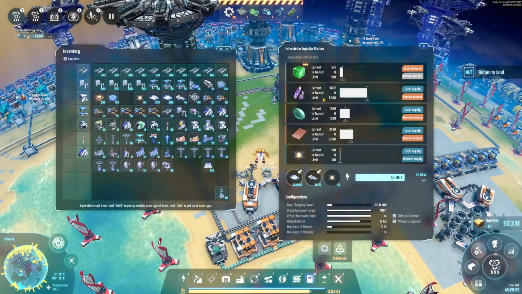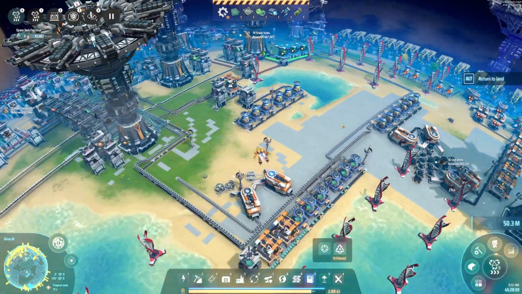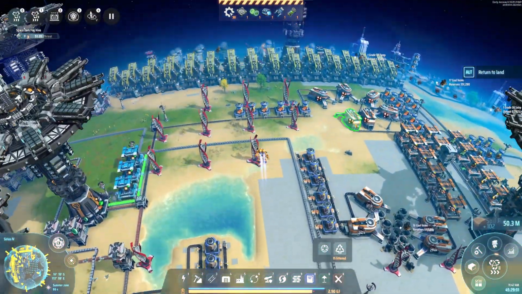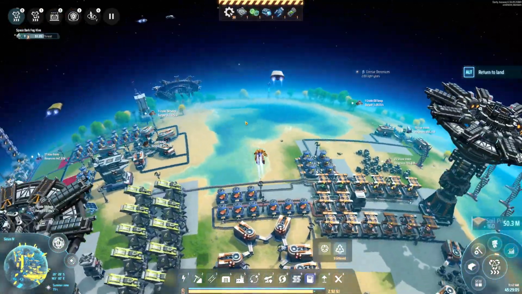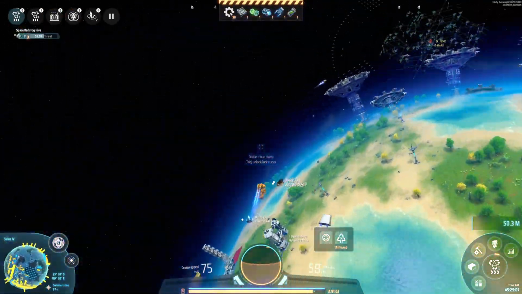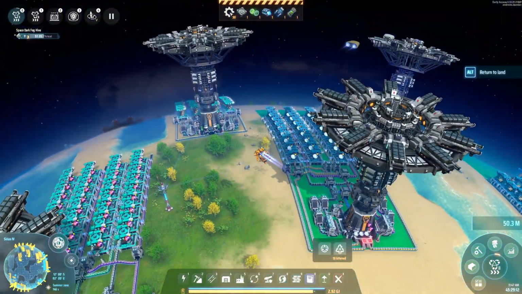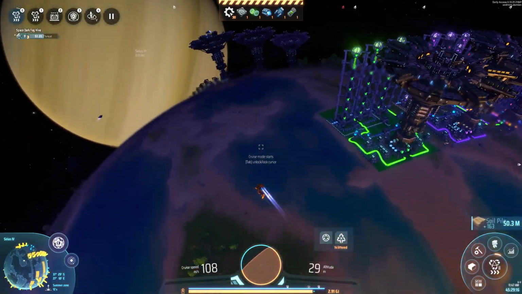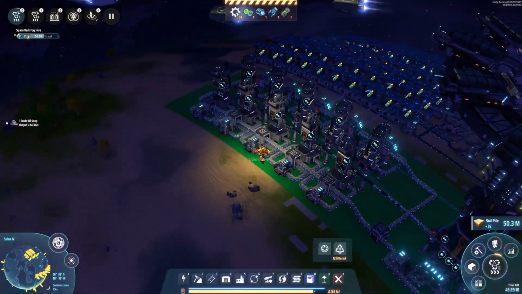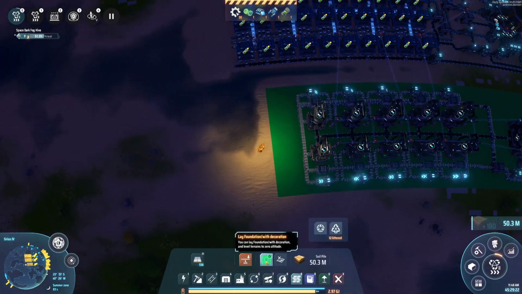Let me grab some of these first. Now let's get back to our fractioning base. Cruise mode. Cruise end. Now I should be able to expand my